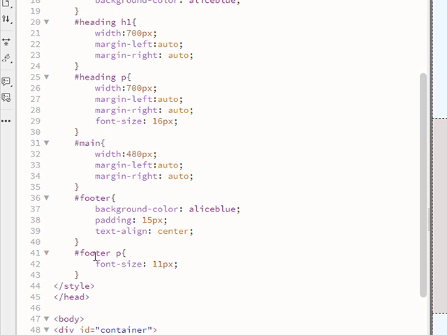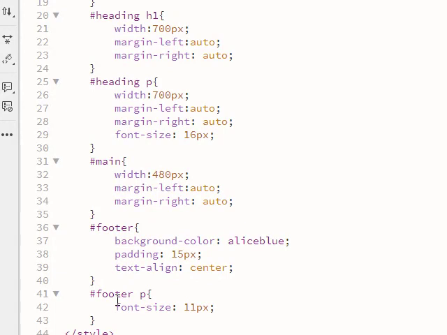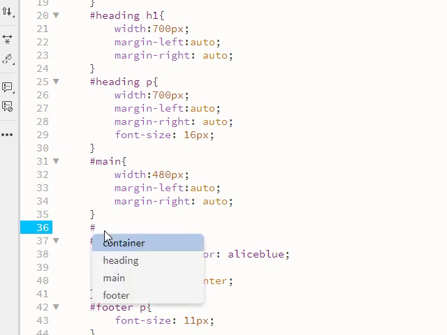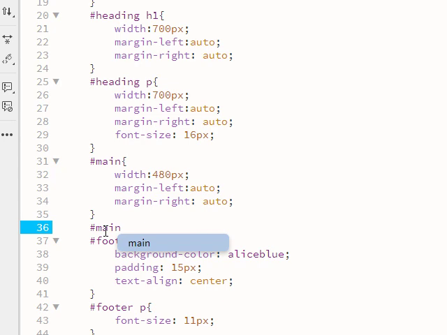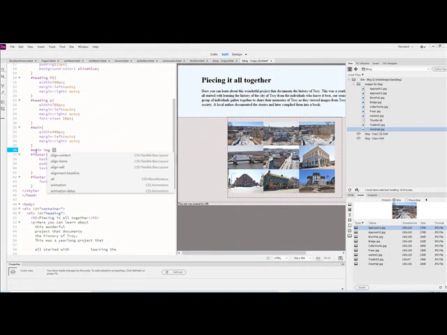All right. So now let's talk about the images. We really haven't done much for the images. I'm going to write that rule in here. I'm trying to keep my rules connected. So the one that is for the paragraph within the footer, I'm putting that right after the footer one. So I'm going to write hashtag main space img. So if you're an image within the main,